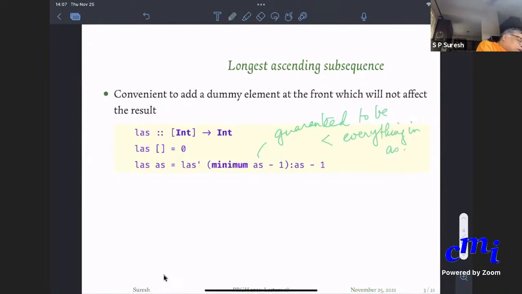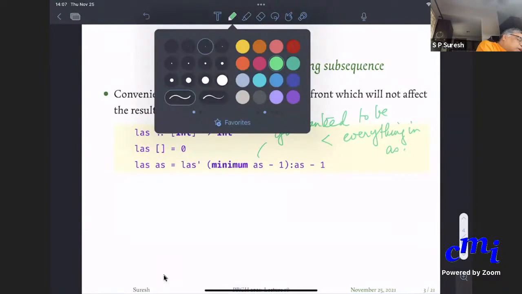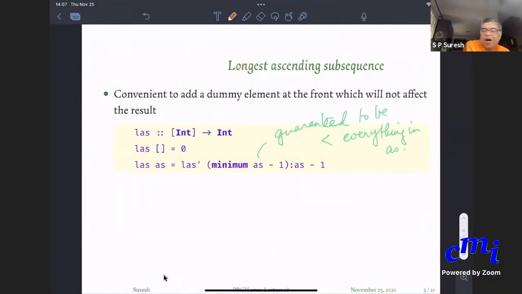Every sequence you compute will include that, but that's a dummy element, so you have to remove that at the end. That's why you do a minus 1. Is this clear?